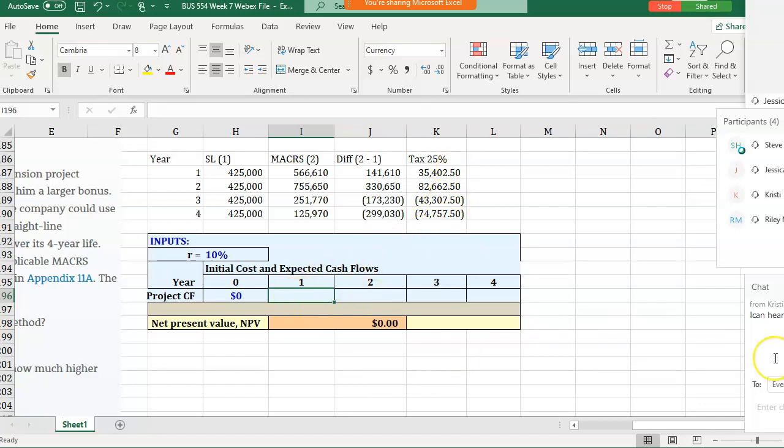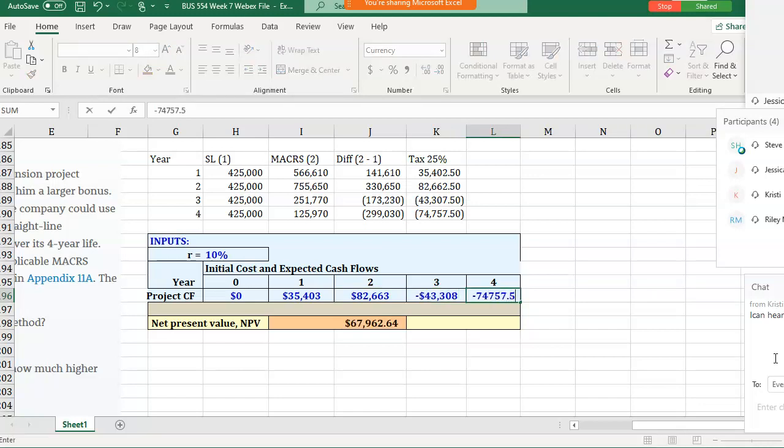So we'll start out with 35,402.5, 82,662.5, and then minuses, minus 43,307.5, and minus 74,757.5. And I get to a positive 16,902.26. So what I want you to recognize is that by using the MACRS depreciation and getting those huge deductions